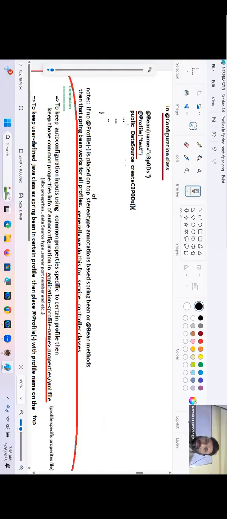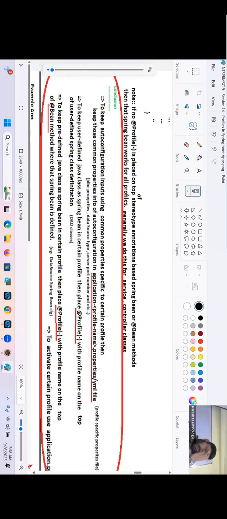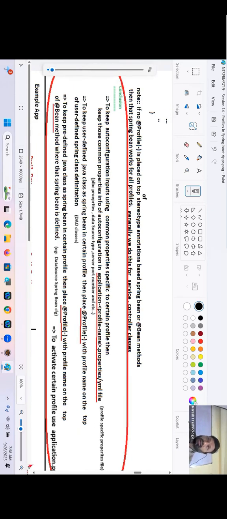If you want to make a certain predefined class Spring Bean work for a certain profile, this. Note, if no profile is passed on top of a stereotype annotation based Spring Bean or @Bean method, then that Spring Bean works for all profiles. Generally, we do this for service and controller classes.